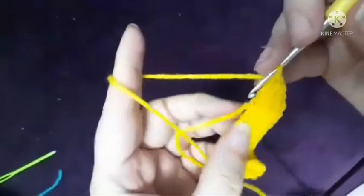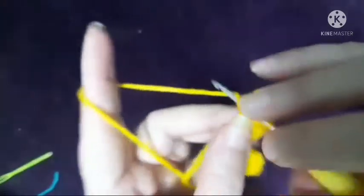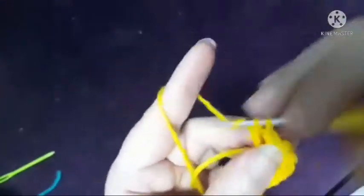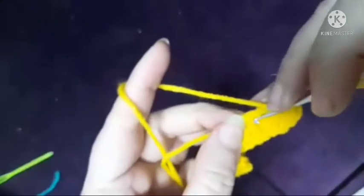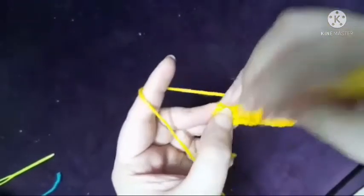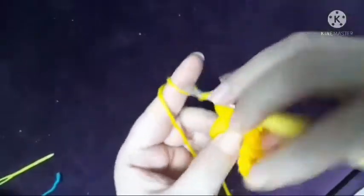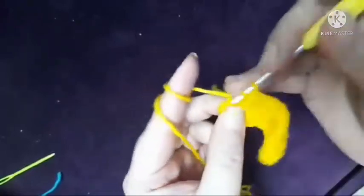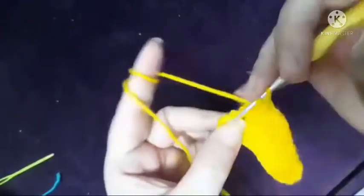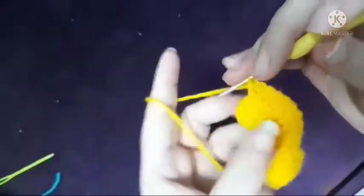Now I will make double crochet in a row, and when I reach my last chain I will tell you then what to do. So now this is my last chain. I will make 3 double crochet in the last chain. 1, 2, and 3, and make a slip stitch in the first